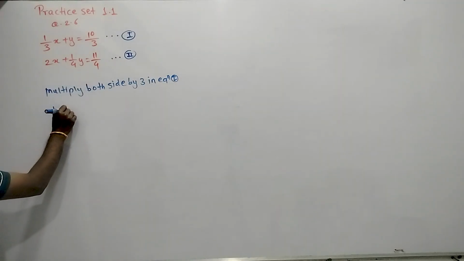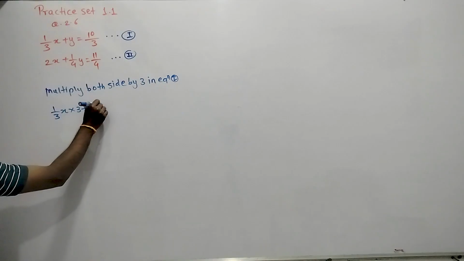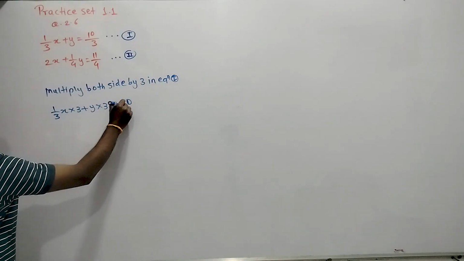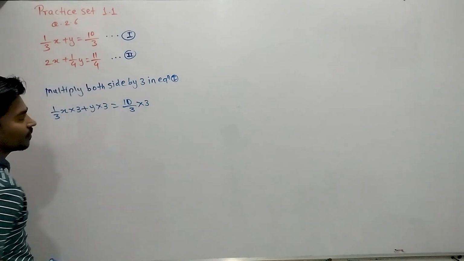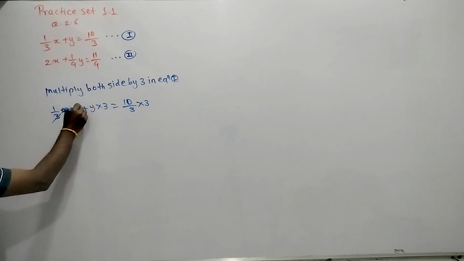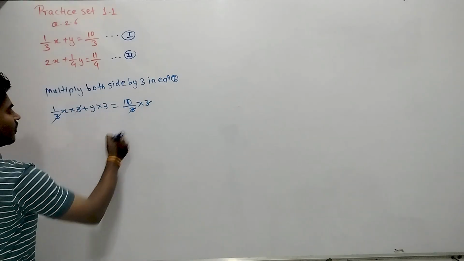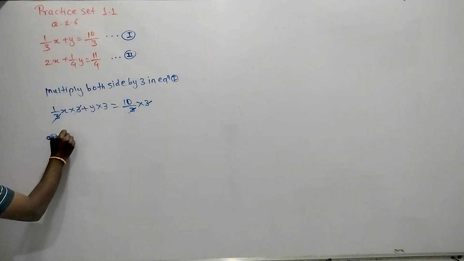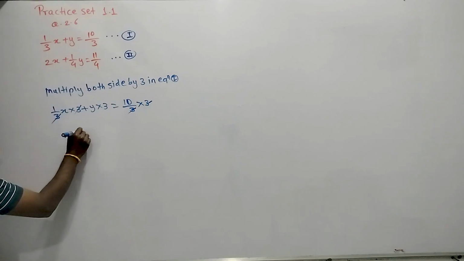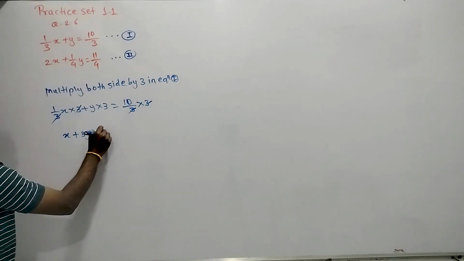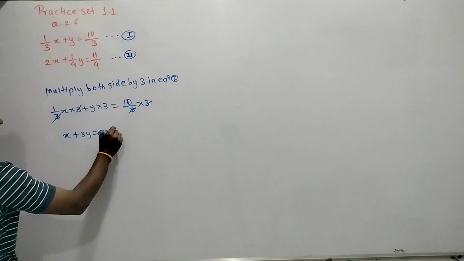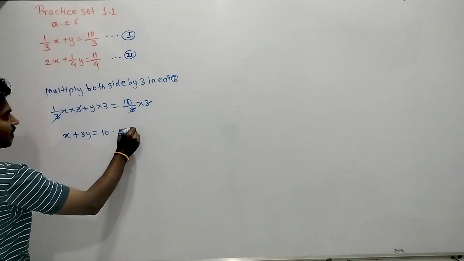So 1/3 x into 3 plus y into 3 is equal to 10/3 into 3. Here 3 will be cancelled and here 3 will be cancelled. So our new equation will be x plus 3y is equal to 10. We will call this equation number